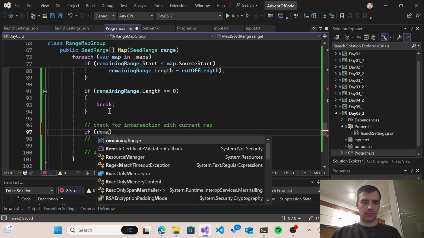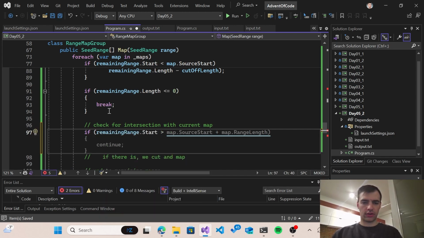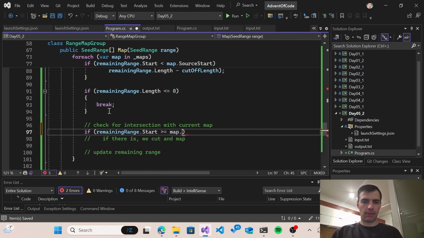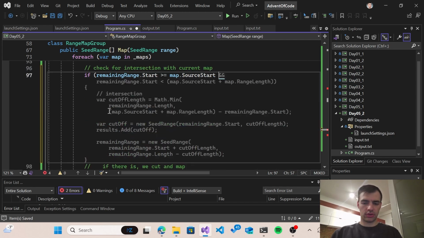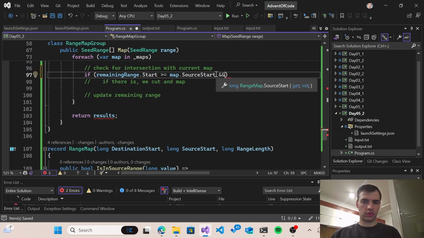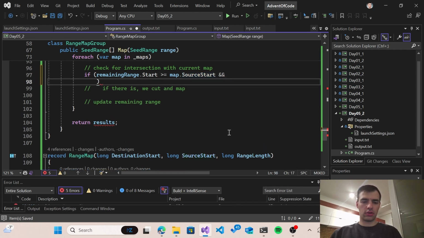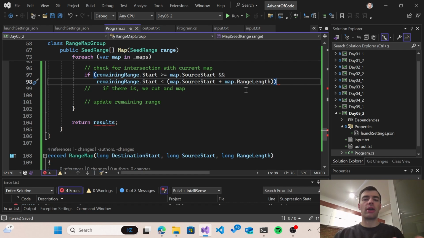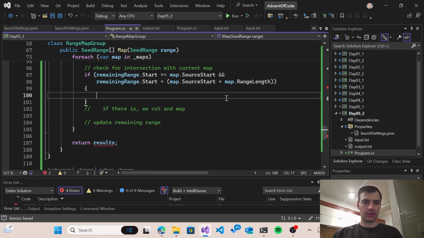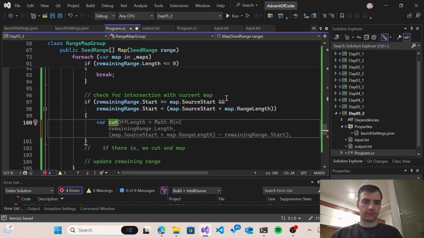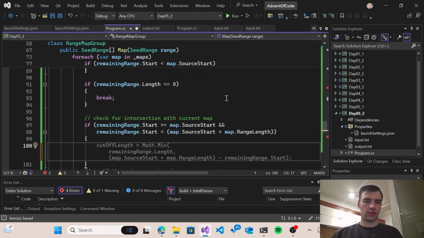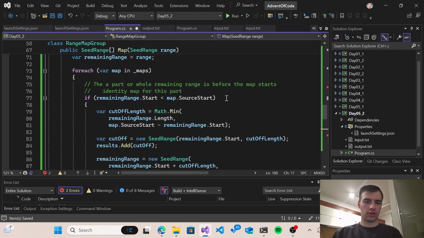If remaining range start is greater or equal to map source start and remaining range start is less than source start plus range length, so it really starts somewhere within the current map, we do another cutoff. So we take